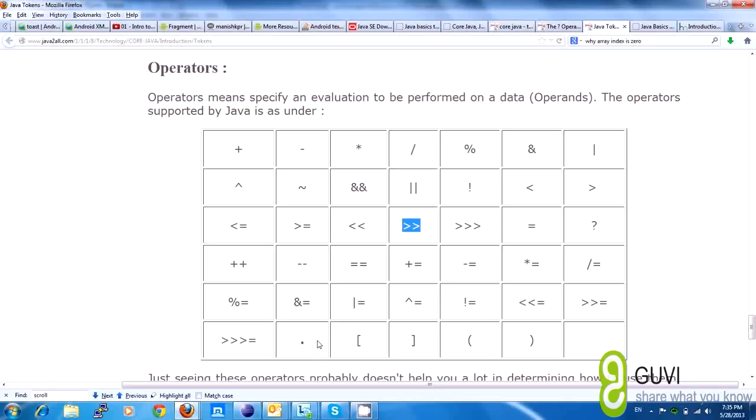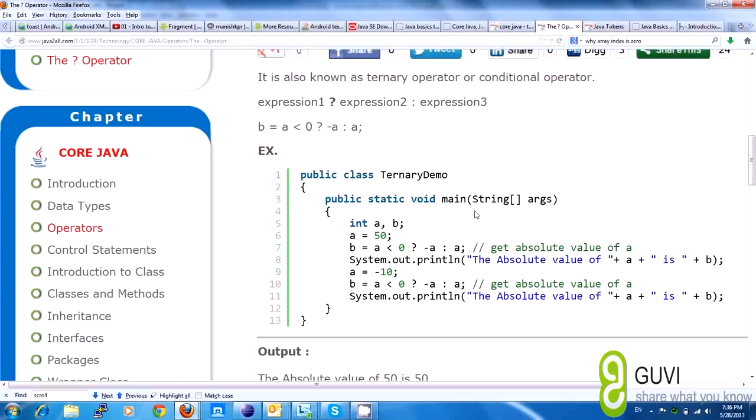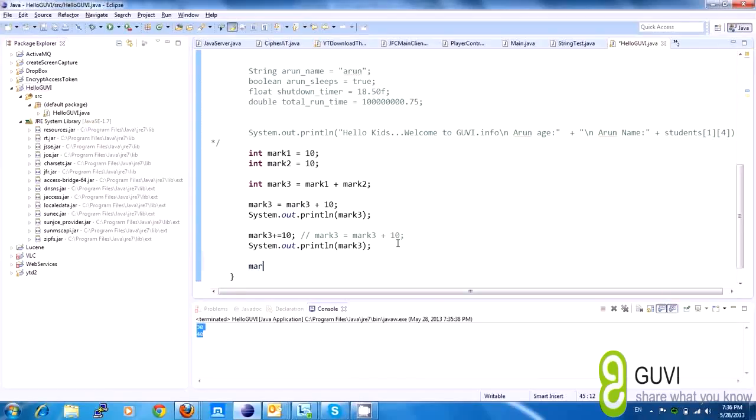And then more interestingly, we have a special operator called the ternary operator. So again, this operator is based on a condition, okay, and then assigning appropriate values, okay. So that is the ternary operator. So condition based assignment, okay. So now let's have mark3, okay, and we will have a boolean result first, like result is equal to mark3 less than 45, and then the ternary operator, that is the question mark, then false, okay, and then colon, it becomes the else,